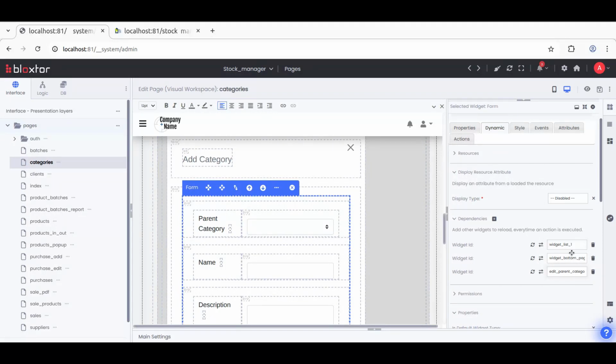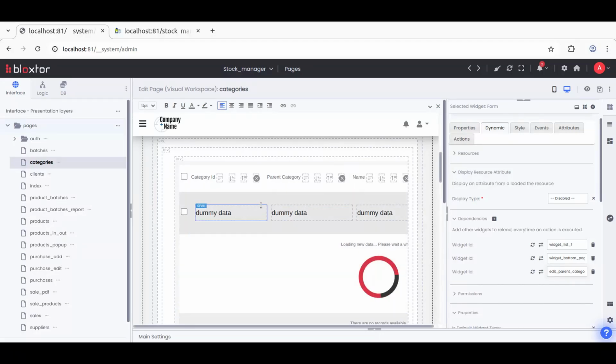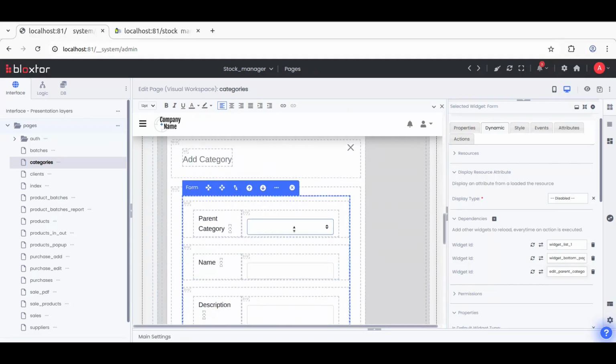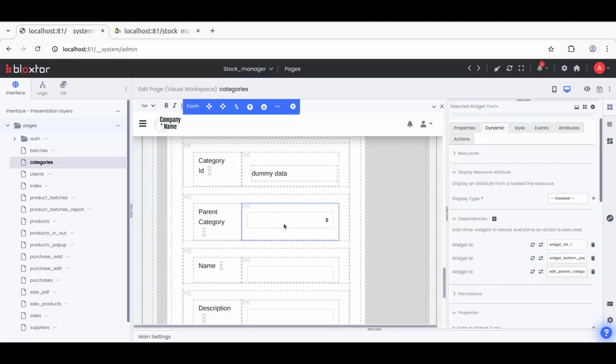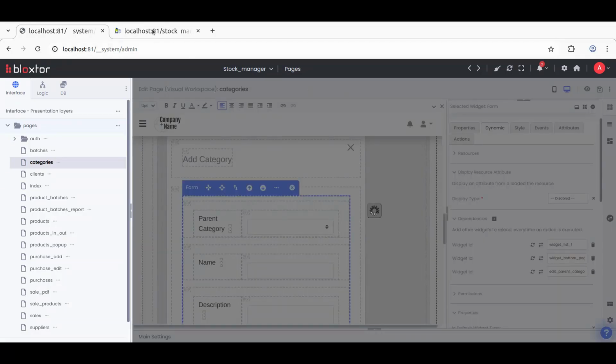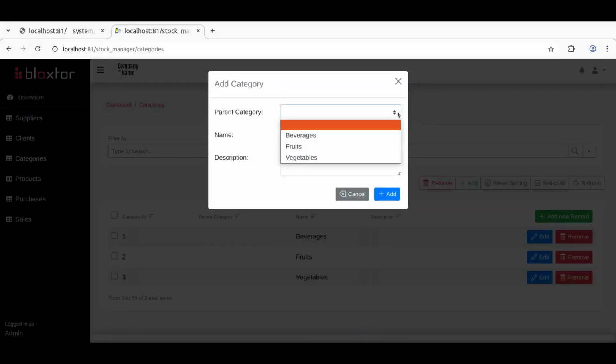Additionally, this is already updating the widget list 1, which is this one here. However, we'll see a small problem that I'll show in a second, but for now let's just test the update of this combo box and this combo box here. So let's simply save this and let's preview. So if I add a new category,